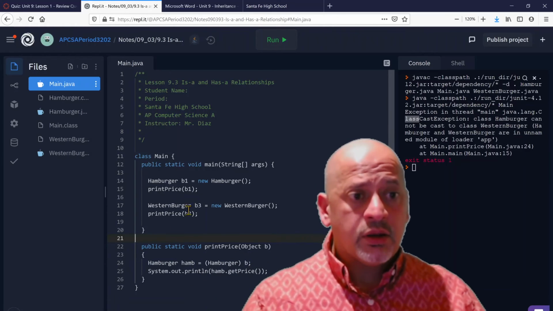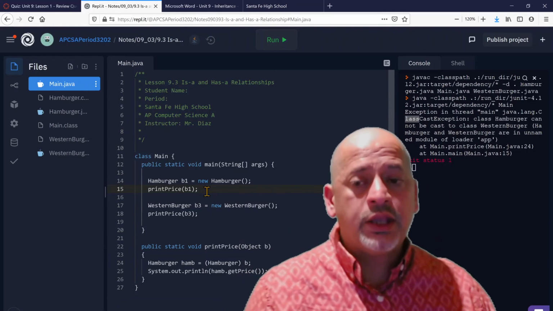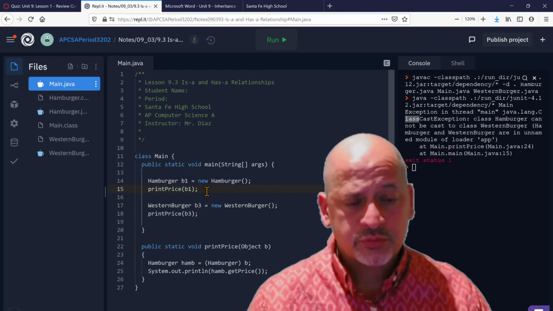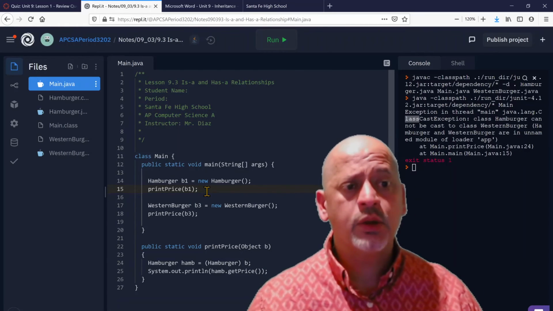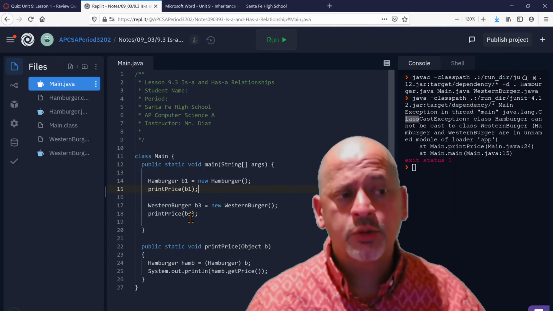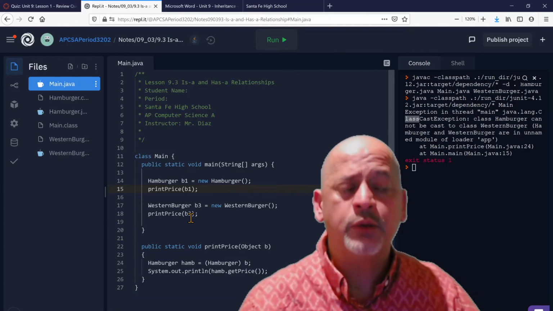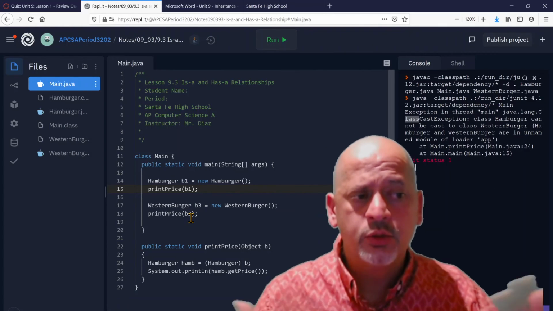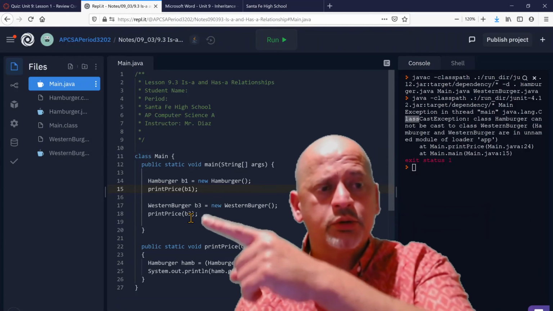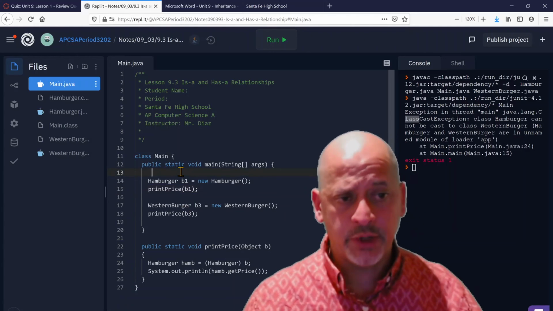So let me go through the second way that we can use this polymorphism to our advantage. Let's assume that we are going to create a whole bunch of hamburgers, and we're going to be taking orders, and we're going to be adding it to a receipt or to an array list, so we can do more with it. So if we're going to create 100 hamburgers, we don't want to create 100 different variables. So we're going to create an array list